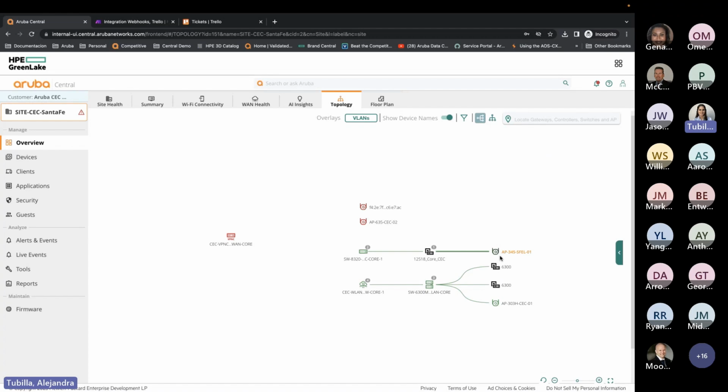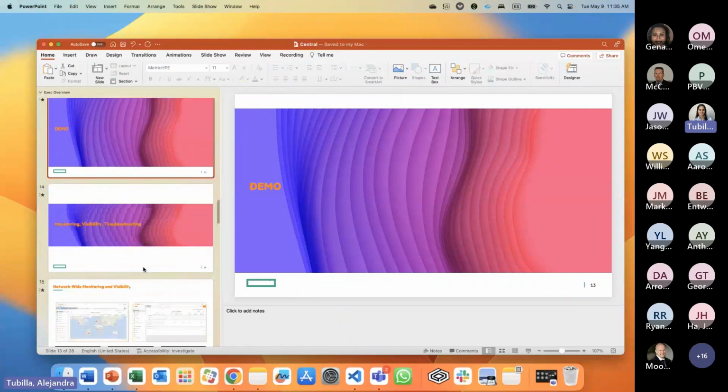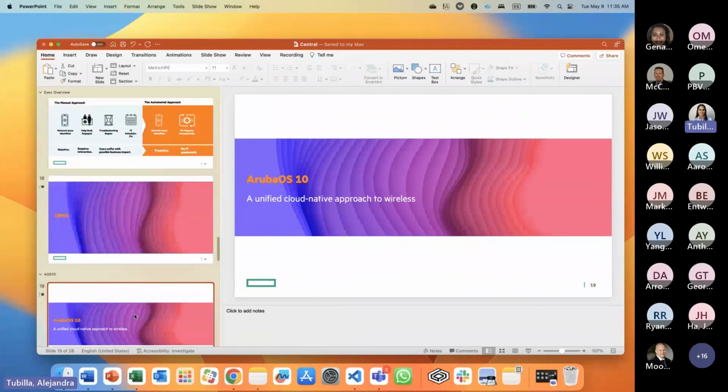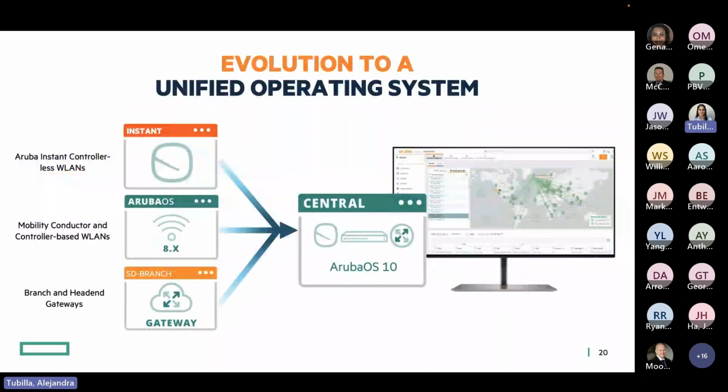So with this, I'll move back to my slides so we can talk a little more about Aruba Central on our infrastructure on AOS10, because that will make more sense as we move on through the different demos. AOS10 is our new way of doing things, a new way of infrastructure, which is basically unifying the operating system into Aruba Central, which goes for Aruba Instant controllerless or controller